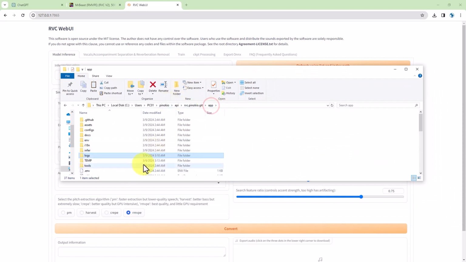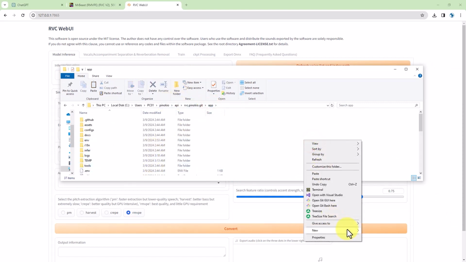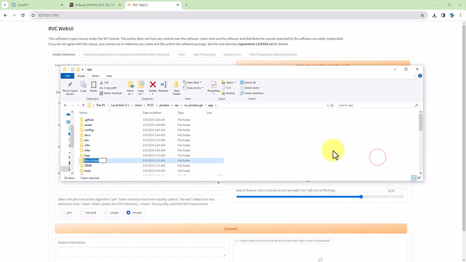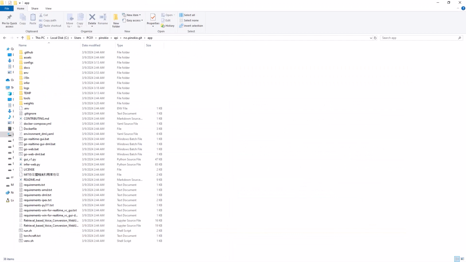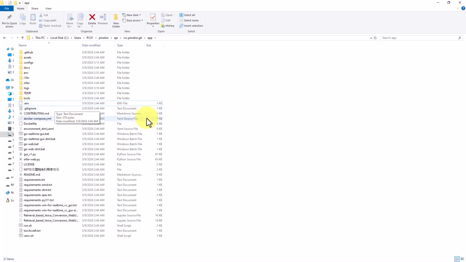I think it's because it's missing the folder weights. It's not loading. Let me check. Sorry, I made a mistake. Creating this folder is not needed, so I will delete it. And